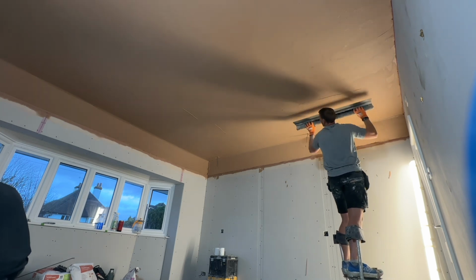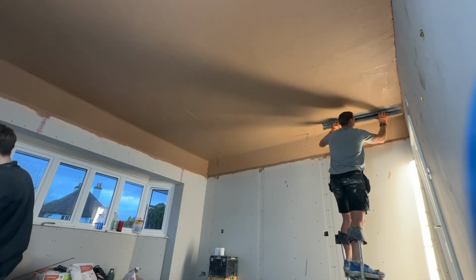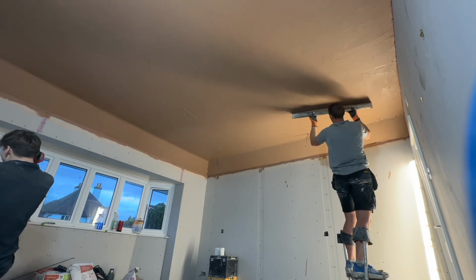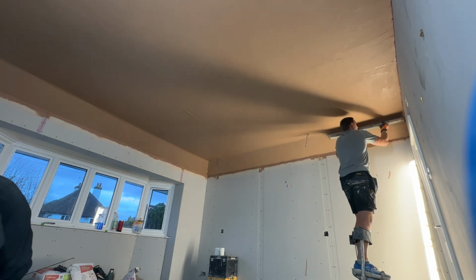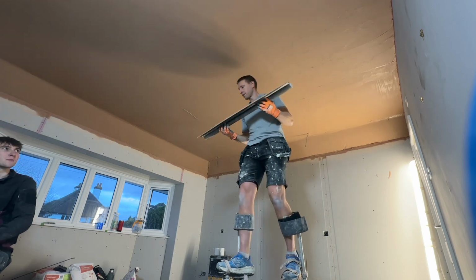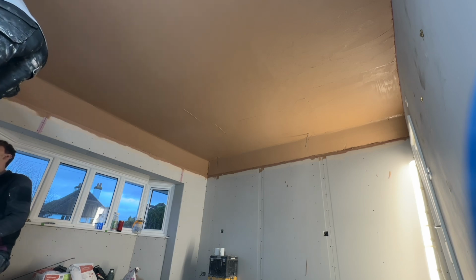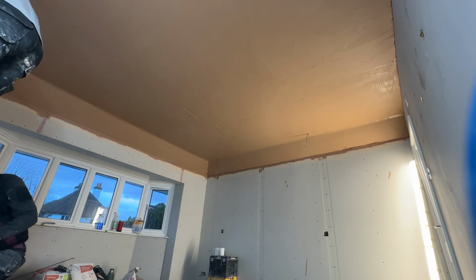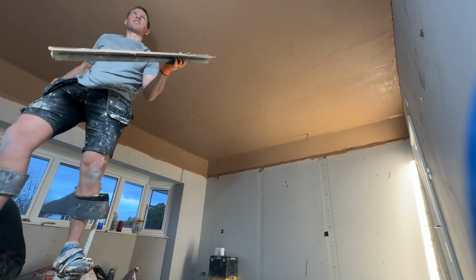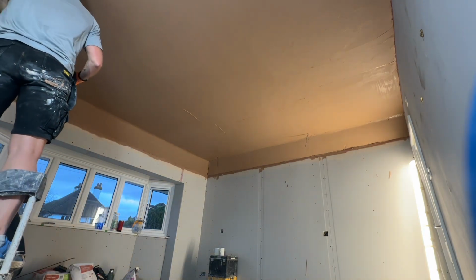But some people, if they want a nice big large curve, almost making it look like a sort of cornice, then you can certainly build that out with bonding first. In fact, anything thicker than a tight curve, I would actually recommend using an undercoat plaster. But as this is only quite a thin, sharp curve, it's perfectly fine to do with the multi-finish plaster. So once I've done the skeelings,